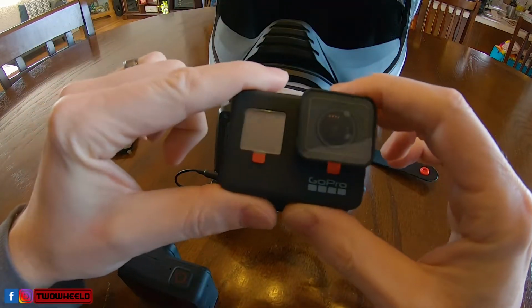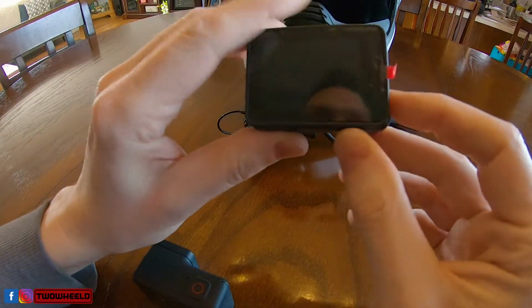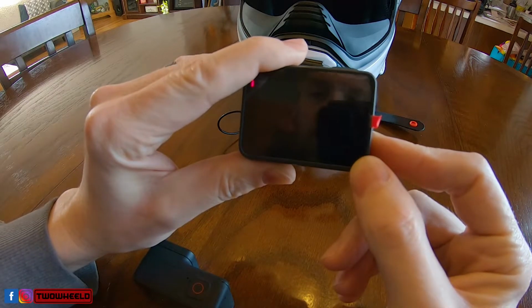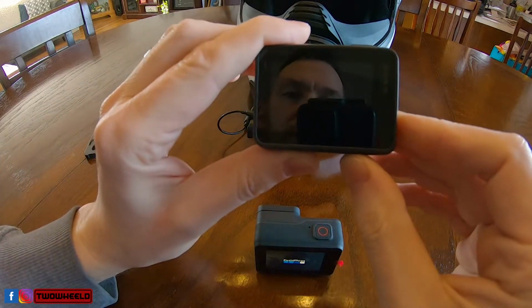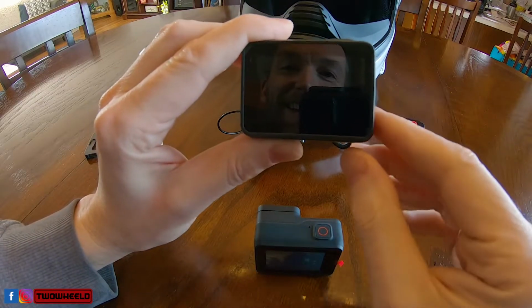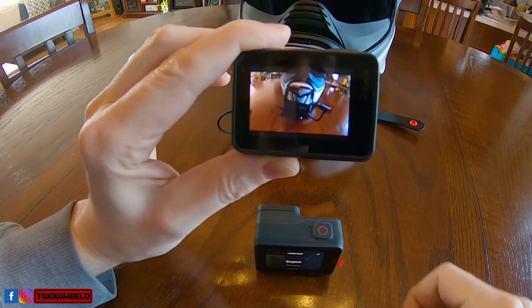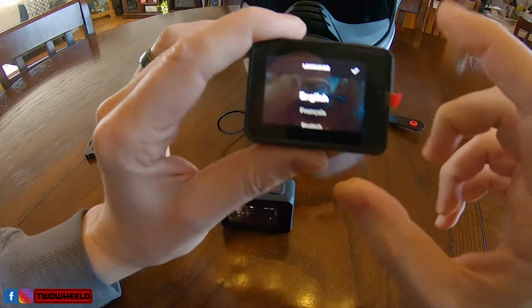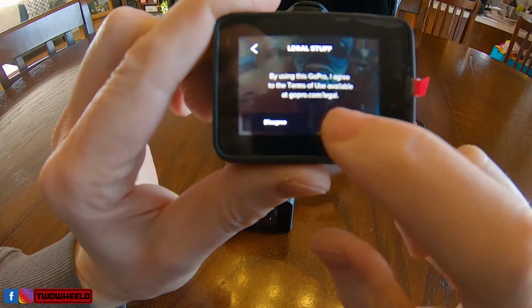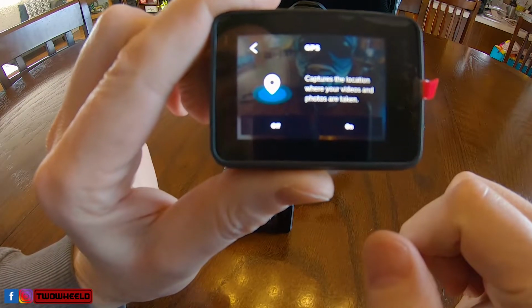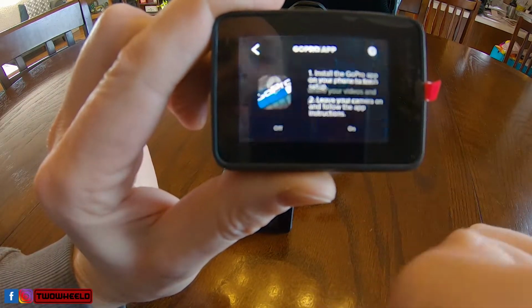So let's just pull this out and see how this works. It still has all the little stickers on here, which I probably don't need to pull off right now, but I did throw a battery inside. Turn this on. All right, so when you turn your camera on, yes, we want English. I already know this captures the location where your videos and photos are taken. I don't remember doing that, but